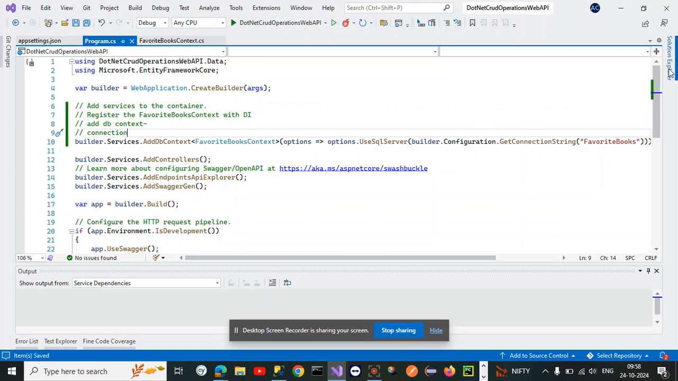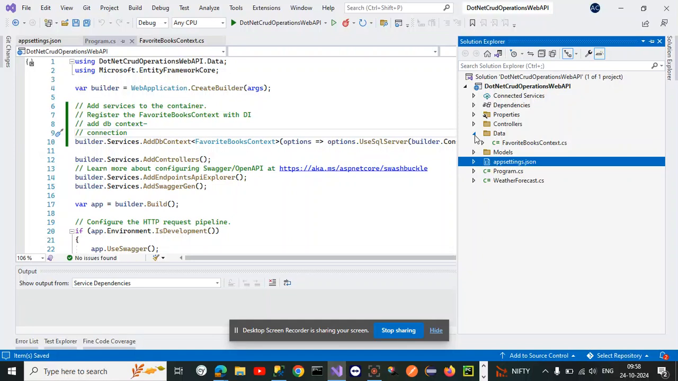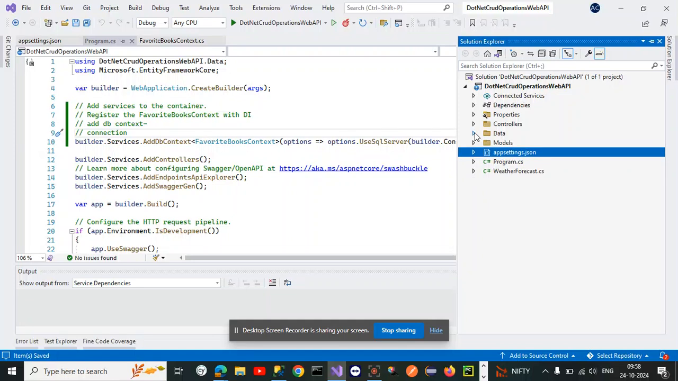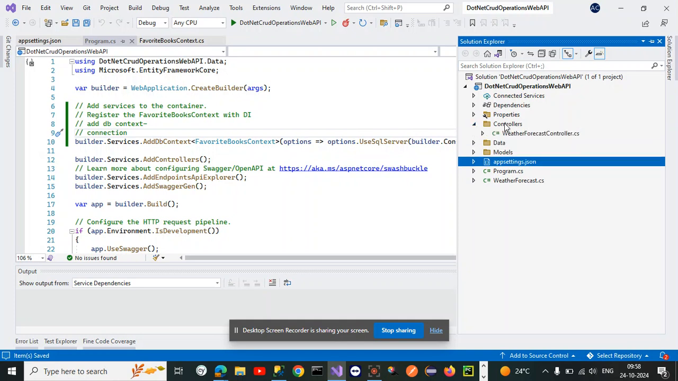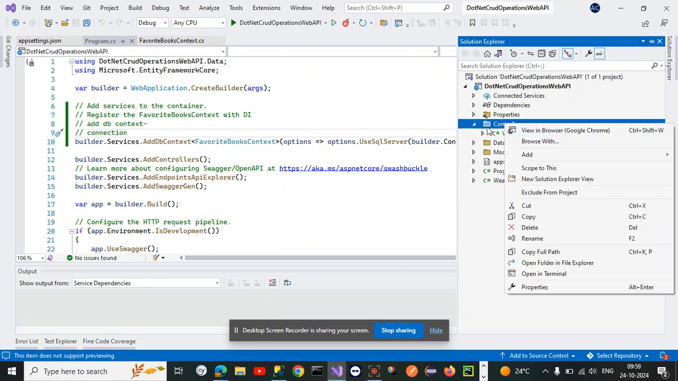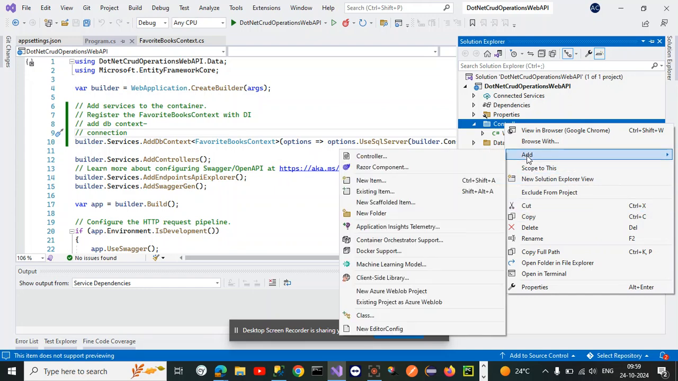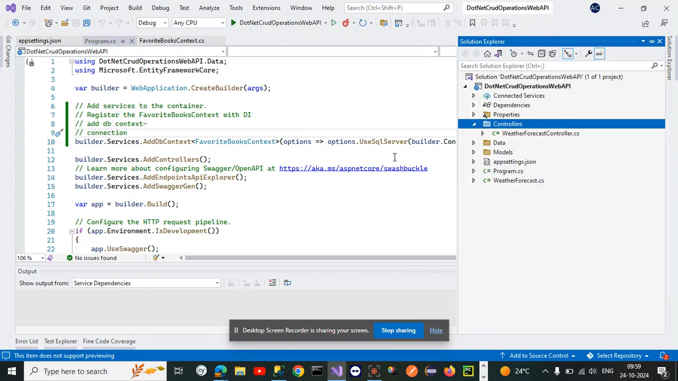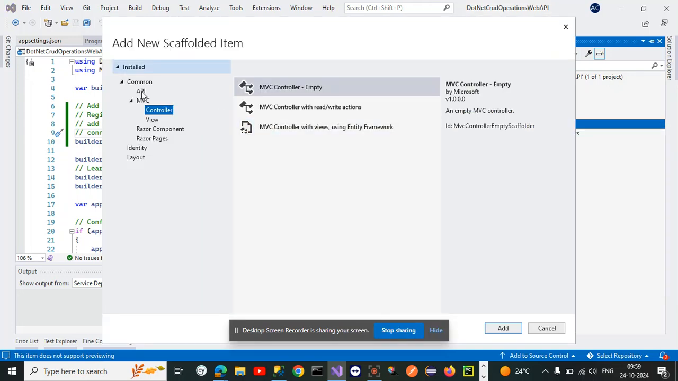Let's create our CRUD operations one by one. First, we'll be creating our get API or get operation. For that, right click on the controller folder, add a new controller. For now, we'll be creating an empty API controller. Click on the add button